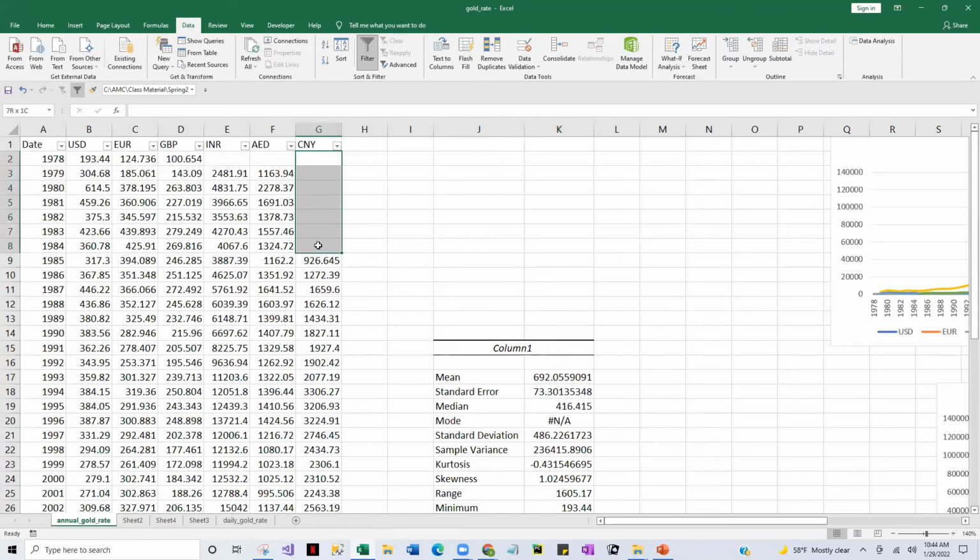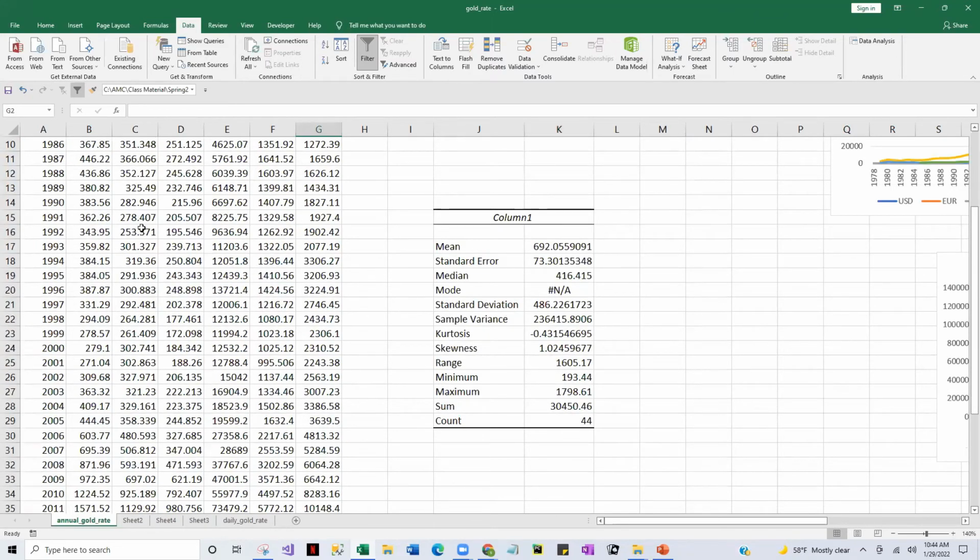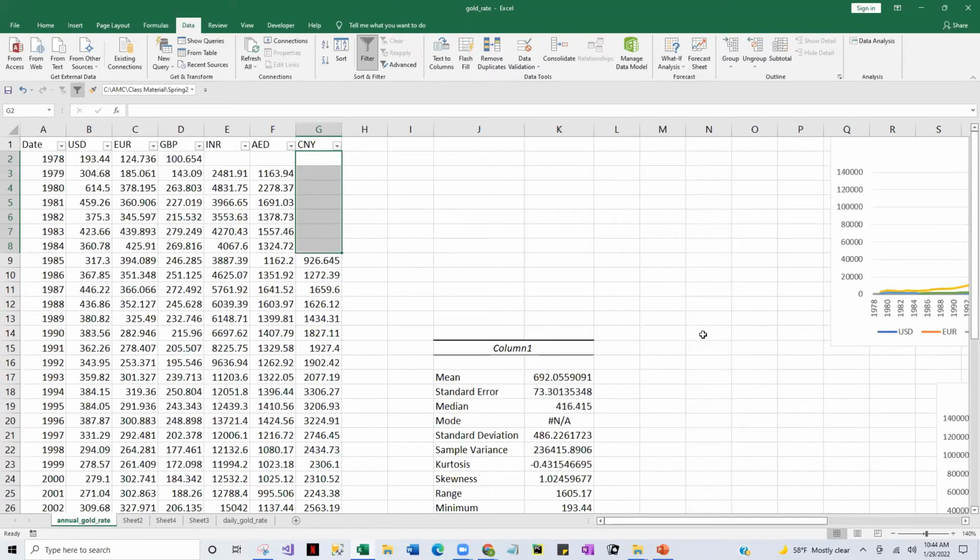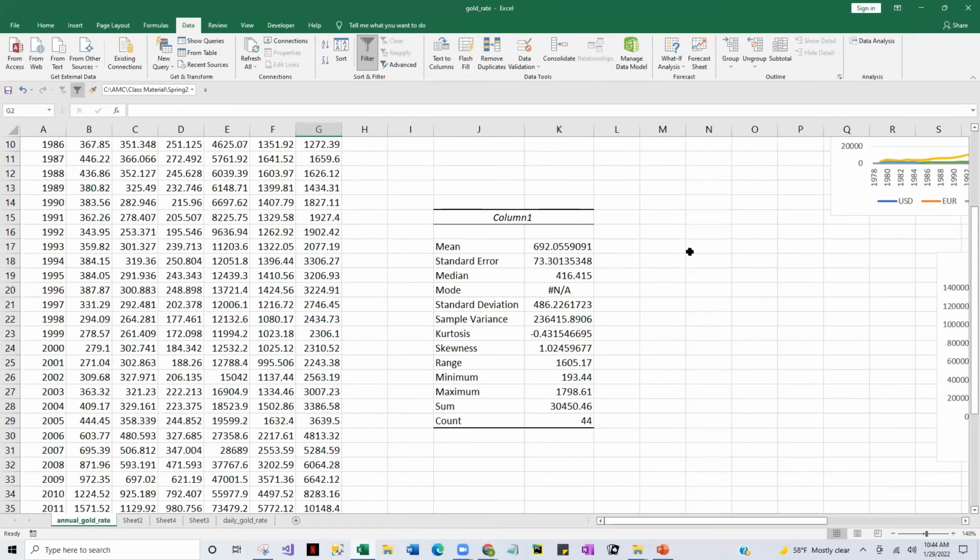We don't have the data for these millimeters. You see, we don't have the data for these millimeters. So this is how you're going to describe the data. Any questions so far? How I did this